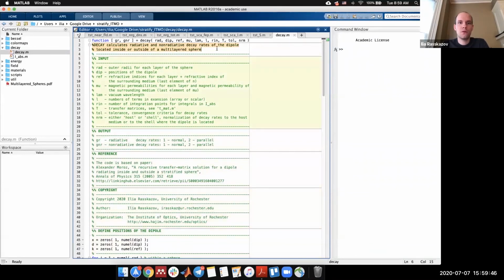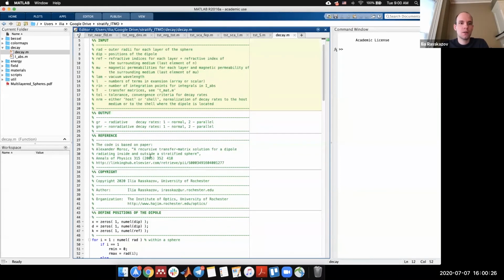So first of all, brief description. For example, decay calculates radiative and non-radiative decay rates of the dipole located inside or outside of a multilayered sphere. Okay. And a brief explanation of what's going on with the input variables and output variables. I have tried to do this kind of help for every function which you will find in the package. So for any details, for any questions, you can go to each function and